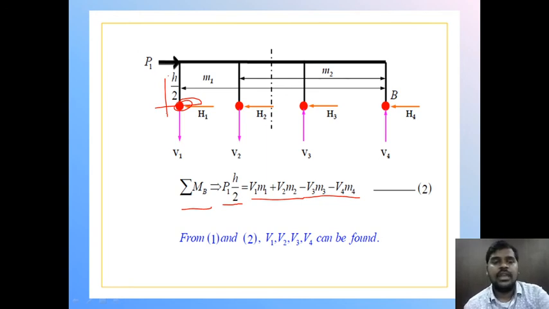assumption. So we take summation of moments about B. The summation of these moments about this side B is taken as P1 into h by 2 equal to the other terms. We can write it as anticlockwise and clockwise in LHS and RHS, but here I have mentioned it like this: P1 into h by 2 plus V3 m3 plus V4 m4 is equal to V1 m1 plus V2 m2 actually. But we can also write it in this manner, as P and h are separate terms and V and m are separate terms, so I am writing it like this. These equations are also to be solved.